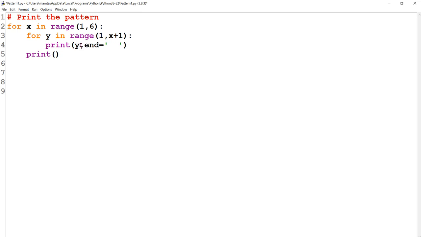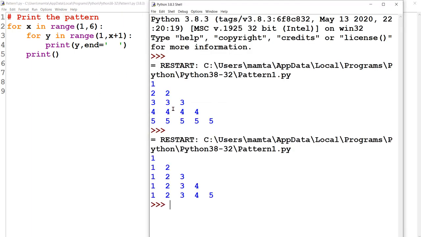So if we do a little change here, y, what will be the effect on our output? You can compare with the previous one. When we had written x over here, it gave this pattern. When I'm writing y over here, it is giving this pattern. So a little bit of change. The shape is the same because I have not touched the outer loop and inner loop. So for shape, you should consider the x loop, the outer loop, and the y loop. You can take any variable. It's not that only x and y.